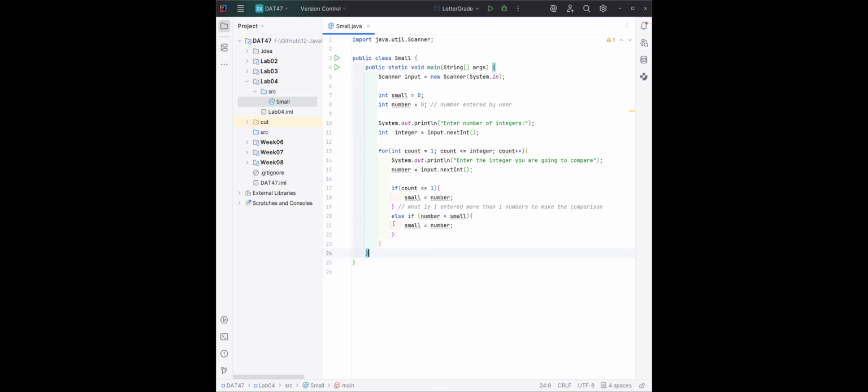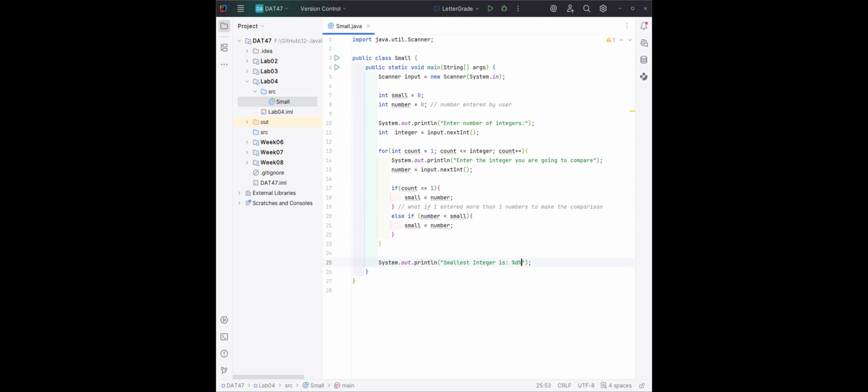Okay, currently they are the same, right? But the logic is a little bit different because they are making comparisons. We can complete this application, then we will debug it so we can trace for this program. So after that, we can sort out the result that the smallest integer is